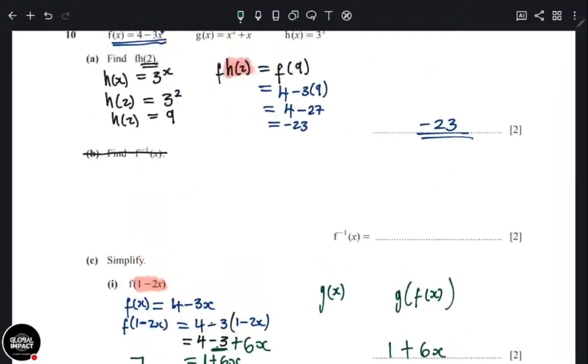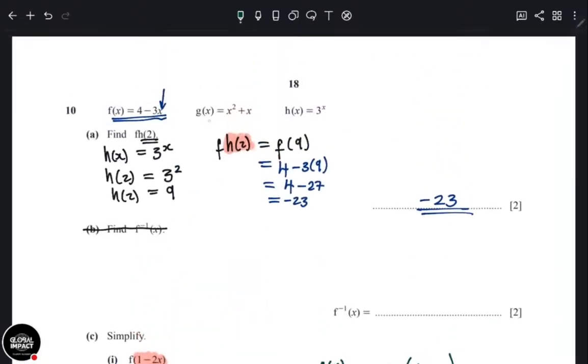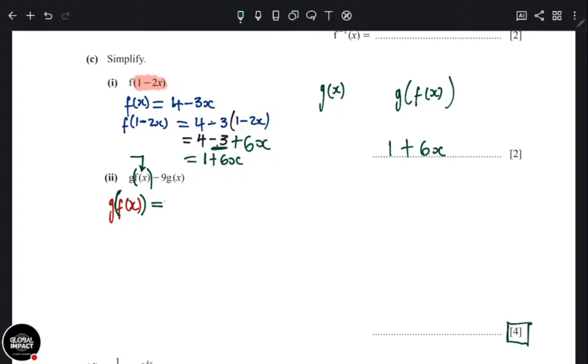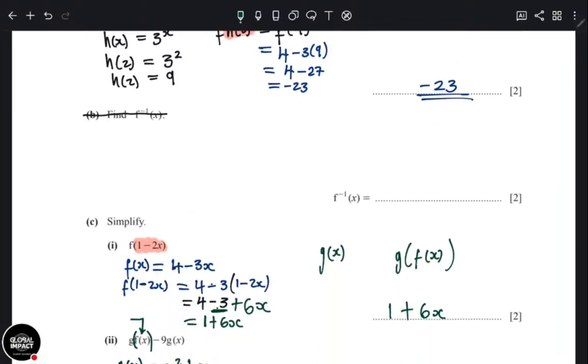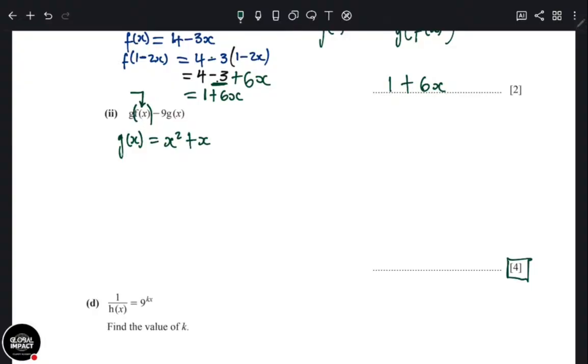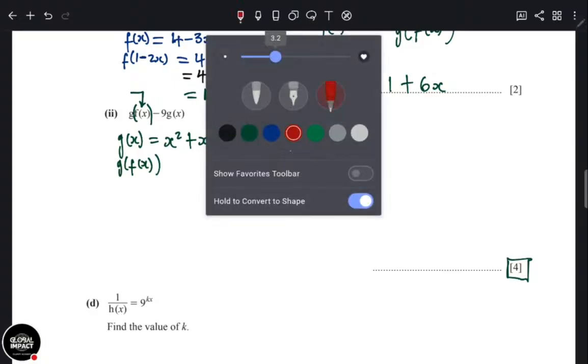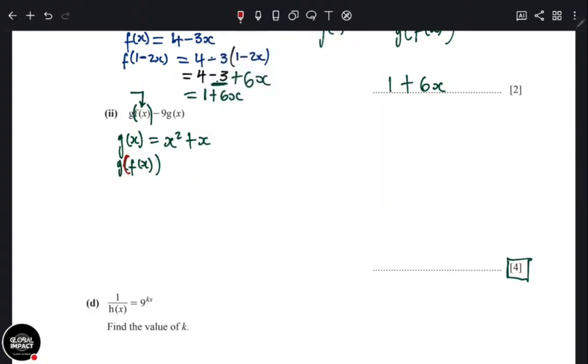So we go to g. What is g of x? If you want, you can rewrite it before you write this, and say g of x is equal to x squared plus x. It's always nicer to write the outside function, okay? Then now you say, I'm now getting g of f of x, okay? That's the one I'm writing now. That's the one we are putting. We are putting f of x inside g.